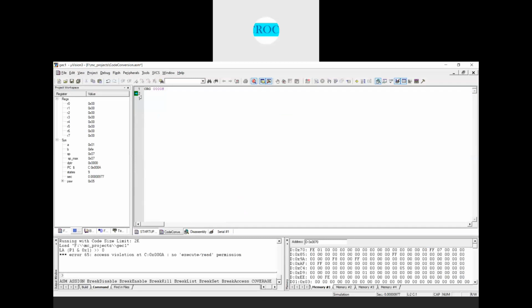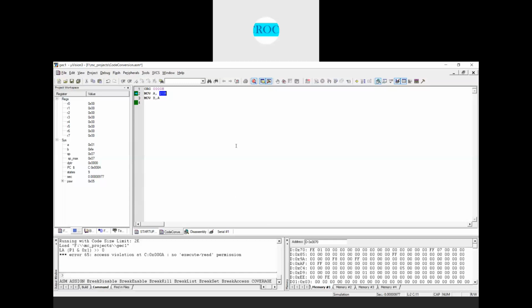First, what we have is MOV A, 20h; MOV B, A. Now, as I said, since I need to find the cube of that number, first what I do is, in the 20h memory location, I have the 8-bit number for which I need to find the cube, right?